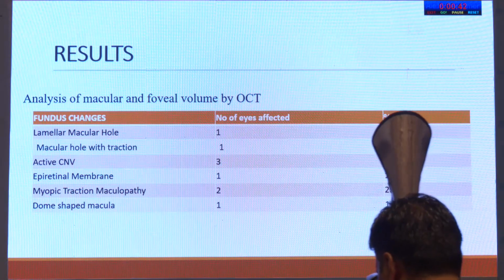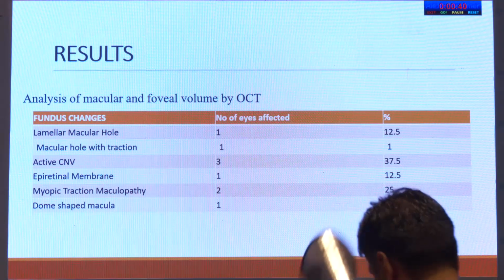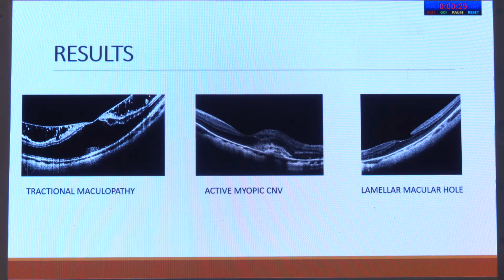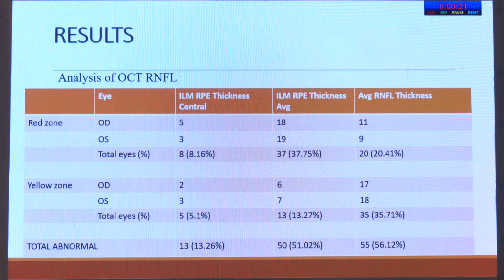Then the result of the analysis of macula and fovea volume by OCT. Among the eyes affected with macular hole, the highest were with active CNV with 37.5%. The image shows tractional maculopathy, active myopic CNV and lamellar macular hole. Then analysis of OCT with RNFL: the majority of the eyes were present in the red zone with the RPE thickness central,